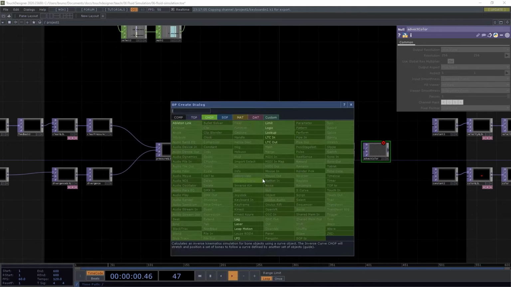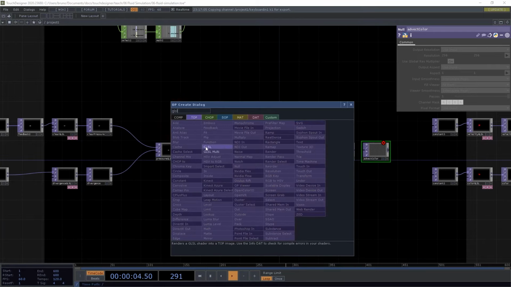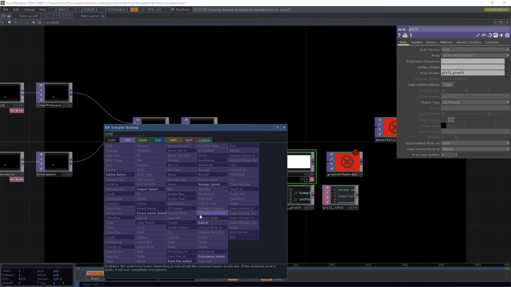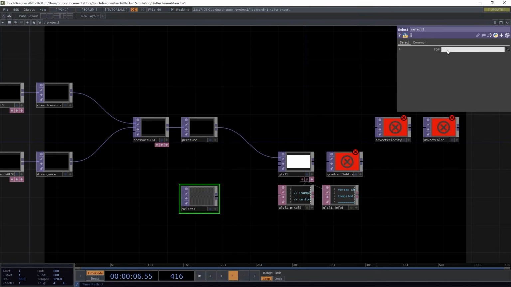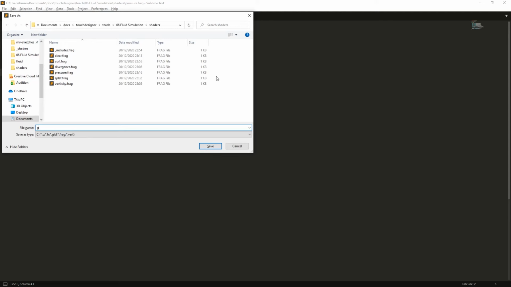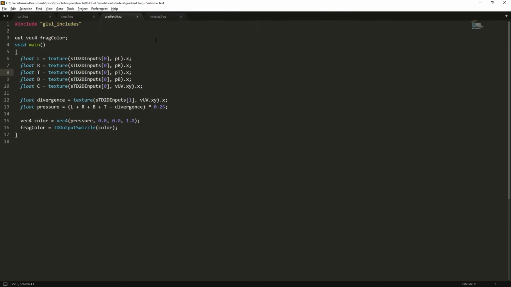So first insert another GLSL top. And then we need another select, this time pointing to Vorticity. The first input is pressure and the second is Vorticity. Back to the editor and save as gradient.frag. We can keep these lines, we don't need C,